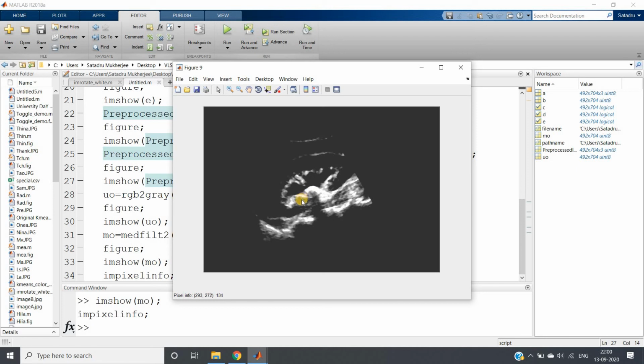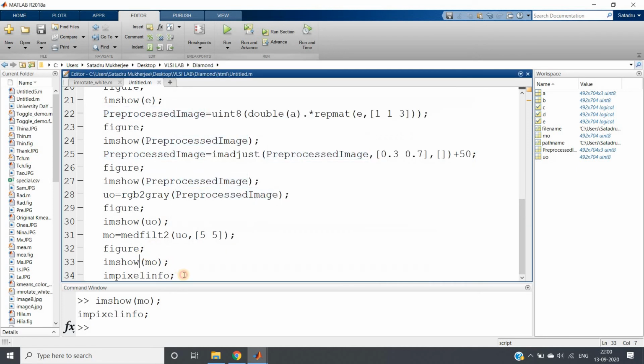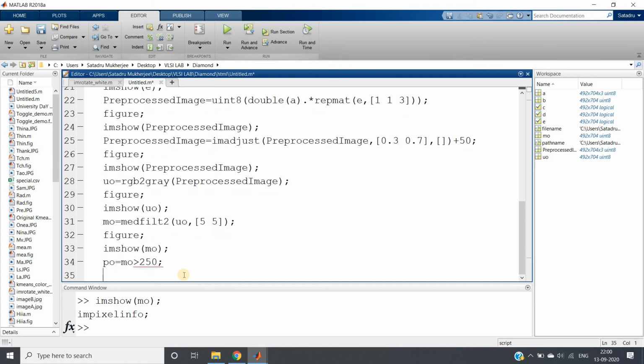So we can keep a very high threshold value to extract only this particular part. Just from the pixel information we are concluding this, right? So PO equals MO greater than 250, the threshold value I am taking.